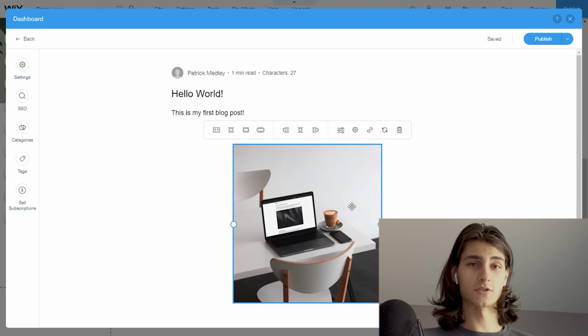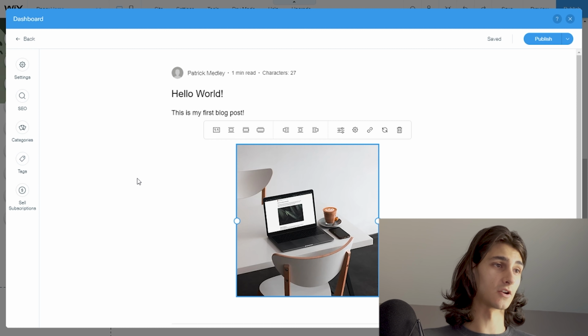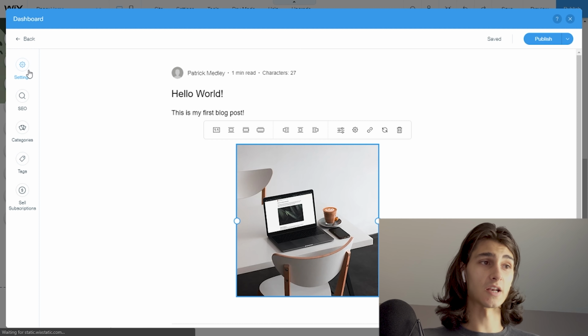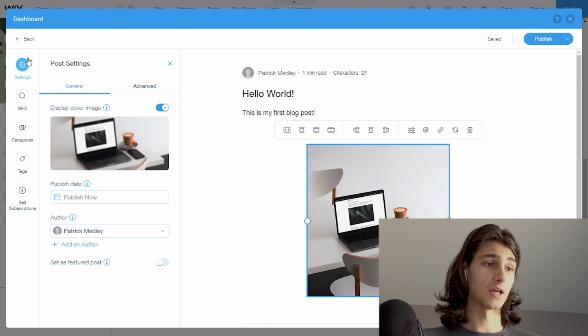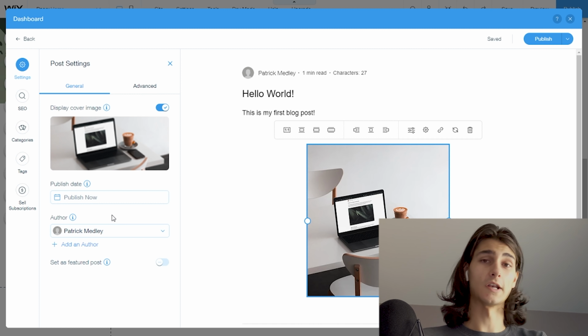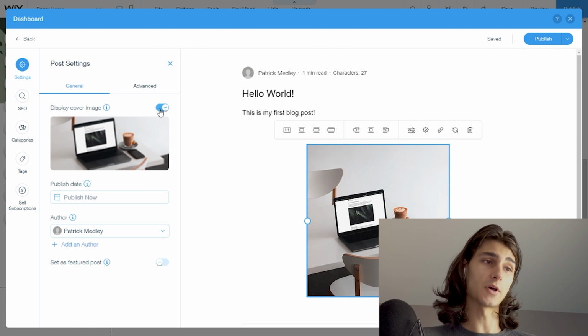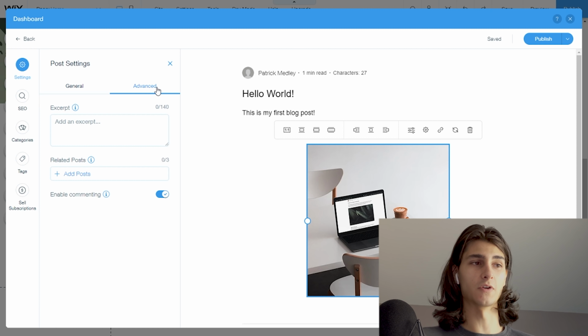And you can resize it, like I said, it provides you with similar tools to that of the Wix Editor. And you can hit the settings for the post over here in the top, and this will allow you to publish it at a later date, change the author, where you can add different authors to your website if you have multiple people contributing to a blog. You can choose whether or not to display that cover image and then hop into advanced to give it a